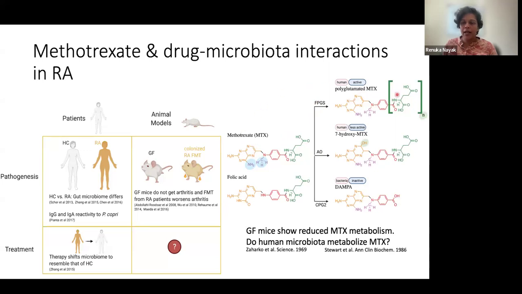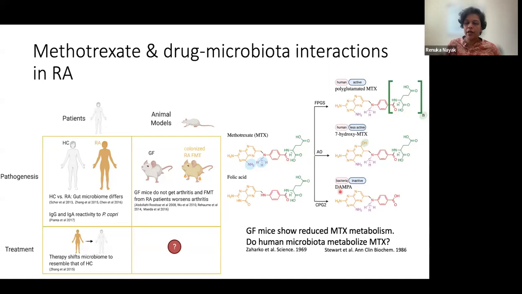Methotrexate is a prodrug, and the polyglutamated form works better at inhibiting dihydrofolate reductase as well as other enzymes. It's also better retained in cells because the glutamates are added inside the cell. It adds all this negative charge, and it makes it hard for the methotrexate to get back out. That's also true for folate, right? So it's a way to sequester folate inside cells. Aldehyde oxidase is an enzyme found in the liver as well as other cells, and it adds this hydroxyl moiety. It makes methotrexate less active. And again, humans have both of these enzymes.